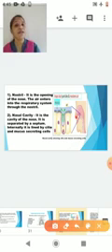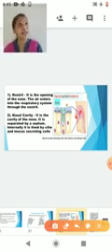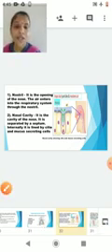After the air enters through the nostril, the air enters into the next part, which is called the nasal cavity. Now nasal cavity is the cavity of the nose. It is separated by a cartilaginous septum and internally lined by cilia and mucus secreting cells. This cilia filters the air which is entering inside, and the mucus which is there will moisten the air. Now let's go to the next organ.